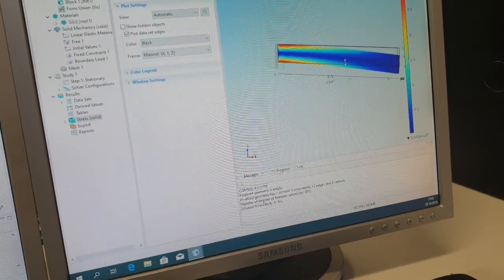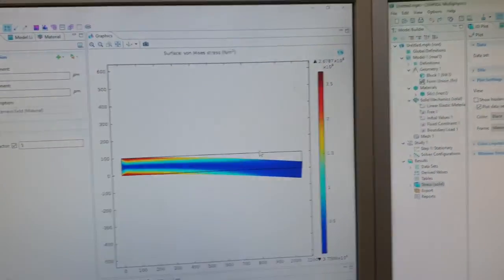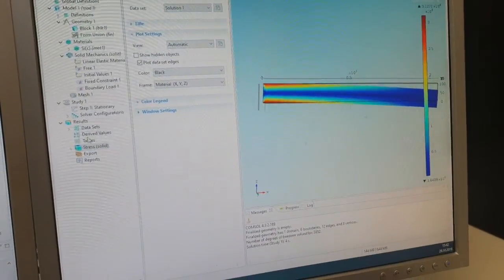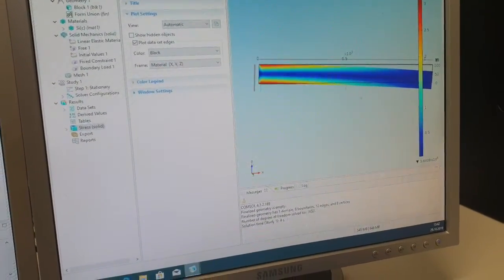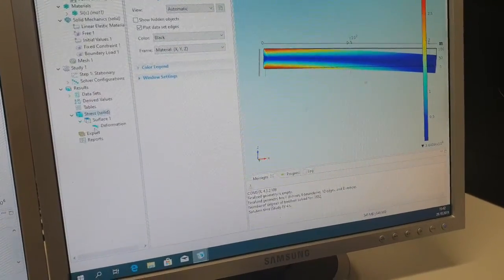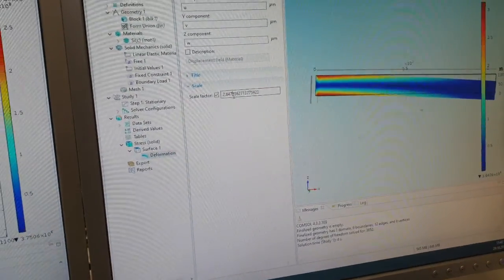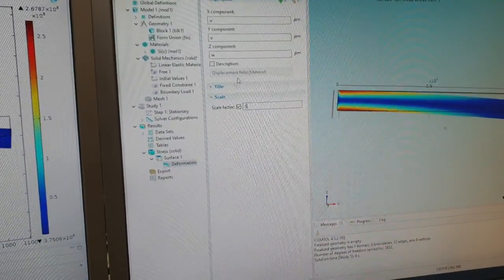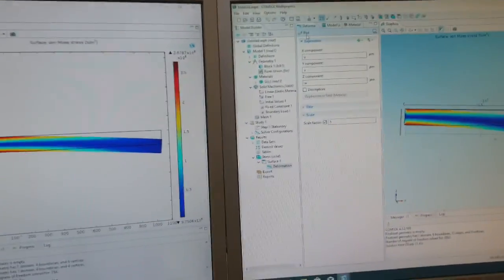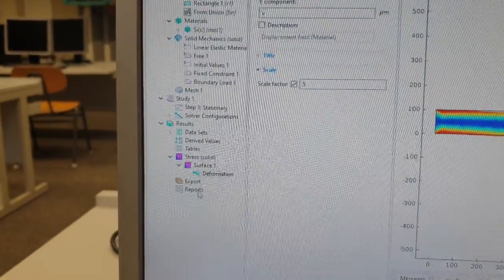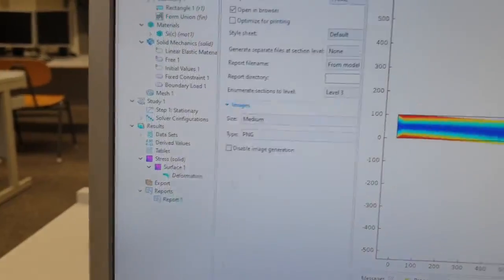It's the same thing that will show. The 2D and the 3D should somewhat match, but it depends on the load and the size. You can see the scale factor is only 2. If we give 5, it will almost be the same in 2D and 3D. And you can generate the report by right clicking on the report and brief report, and then